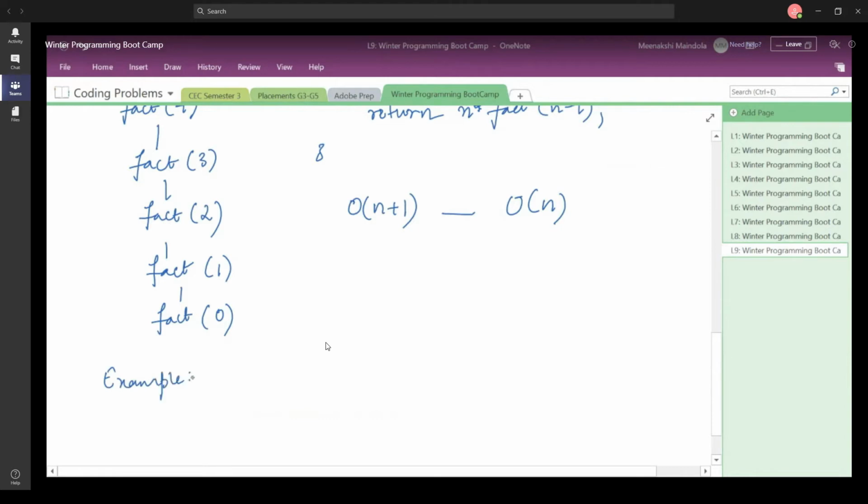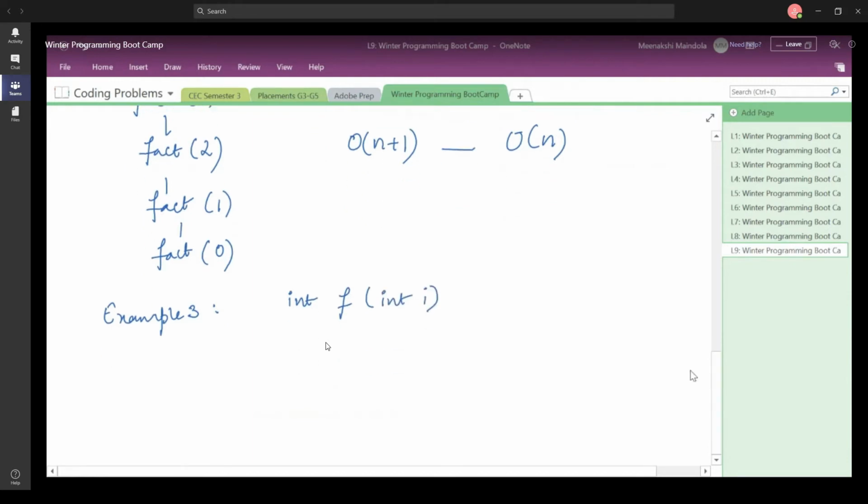Along with the recursive function, you are also going to have a piece of code wherein you have a loop, for example. Say I have a function int f, and I am passing a variable i. You check if i is equal to 1, then return 1.